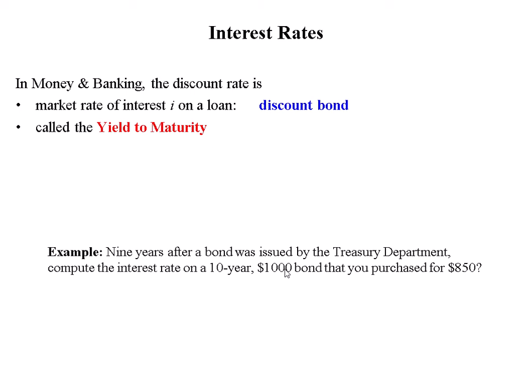So a bond like this that is bought and sold in the secondary market on the pages of the New York Times financial section is equivalent to a discount bond. It is in competition with a Treasury note